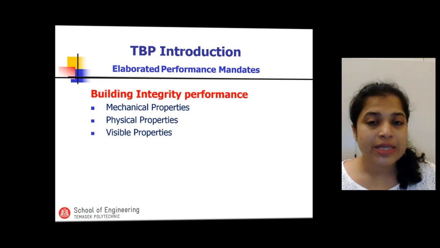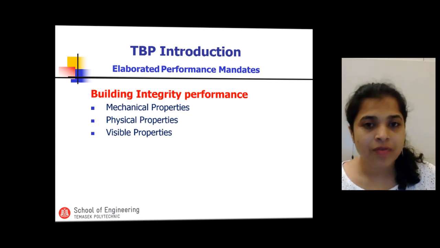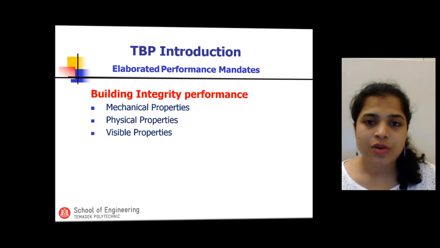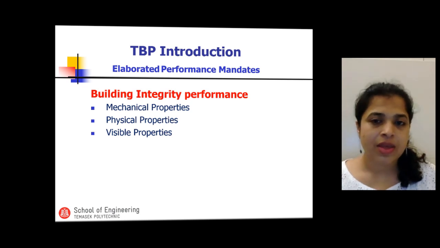Buildings which are not aesthetically pleasing, or if there are physical damages, is a failure of the visible properties of that space. So all these three different factors affect the building integrity performance. That brings us to an end of an introduction to the different performance